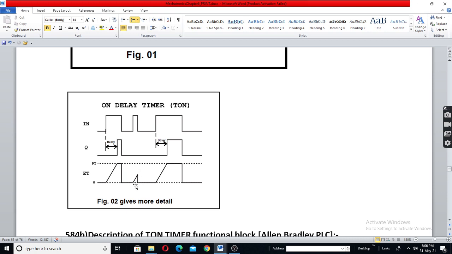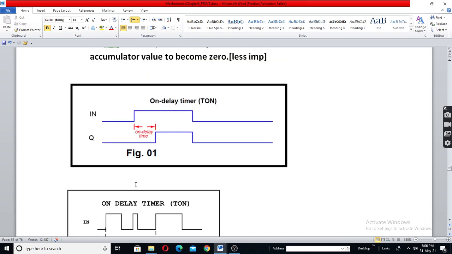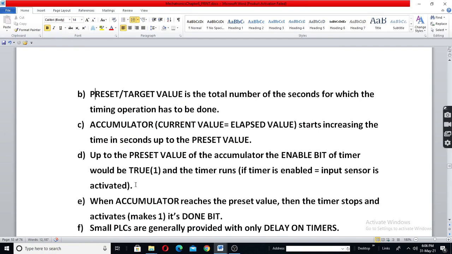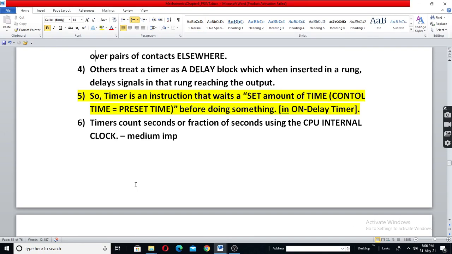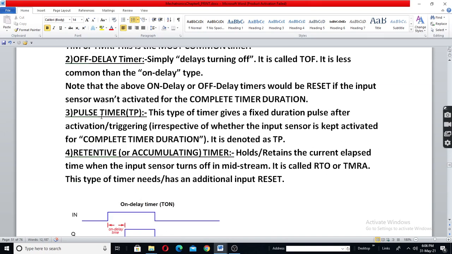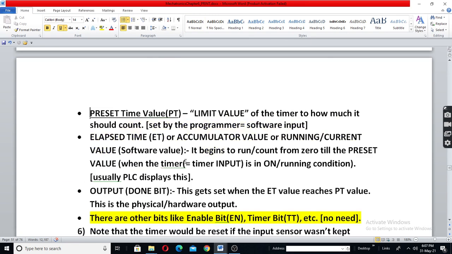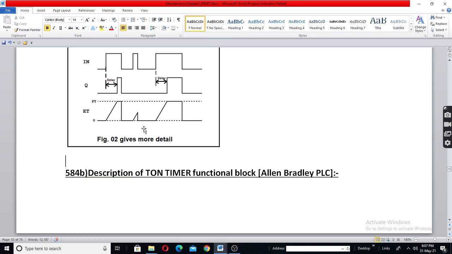Okay. In case of a retentive timer, here there is a retentive timer. See, pulse timer and retentive timer. In case of a retentive timer, what happens is this accumulator value will count from the point 1.